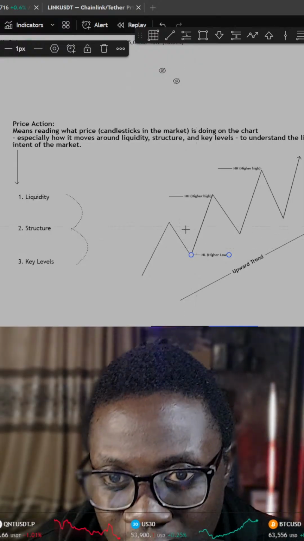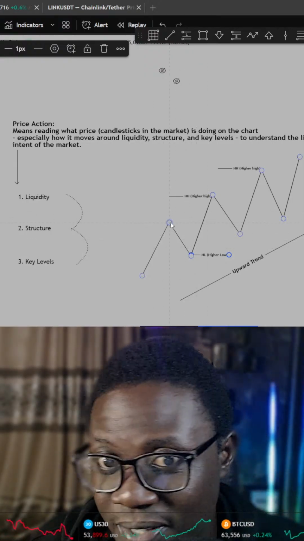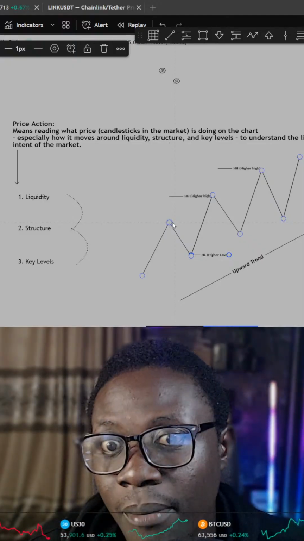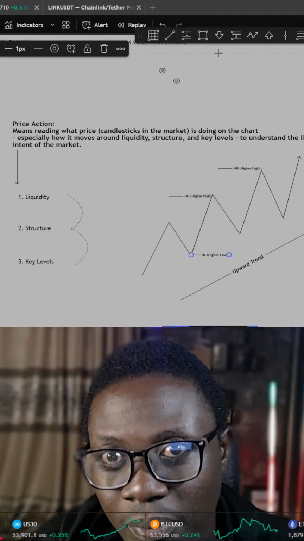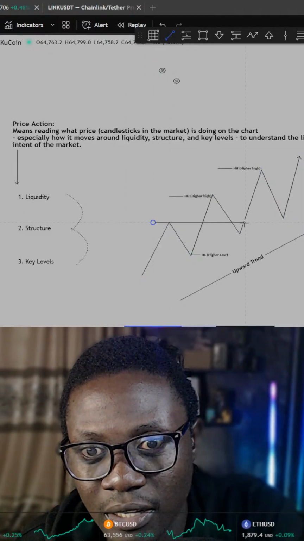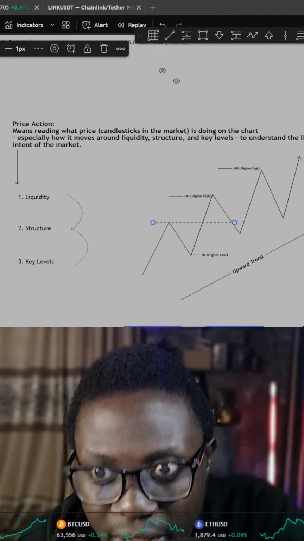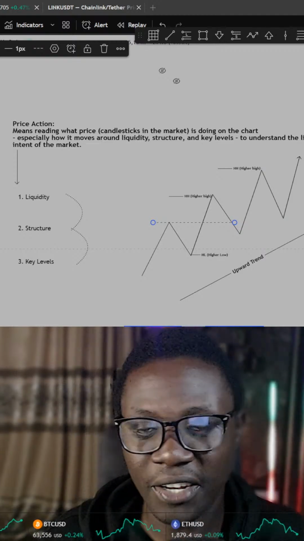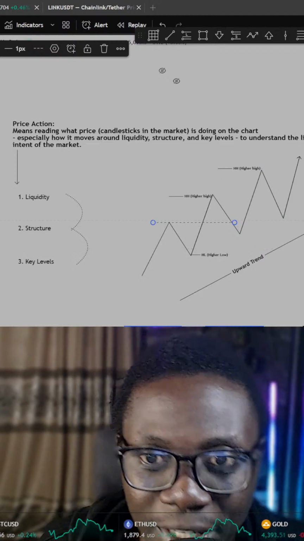So when the market goes above the previous high, like you could see this point, some people will set a buy stop here. What does that mean? Because that's where you have the buy side liquidity. When the market goes above this particular top level, let me just use a trend line tool to show us that. When the market goes above that particular level, right, as it has done here, there are some, especially those who trade the forex market, there's a particular function called buy stop, which is